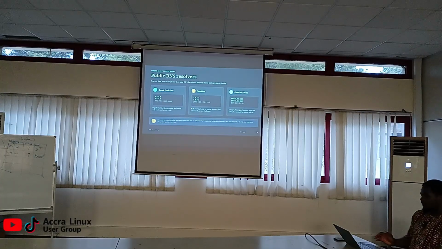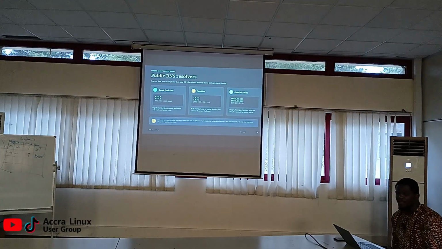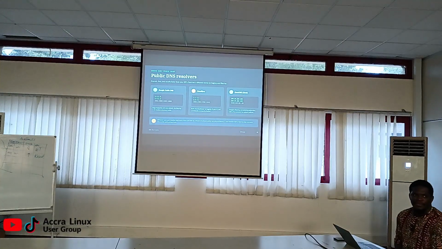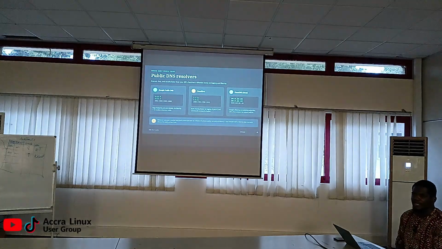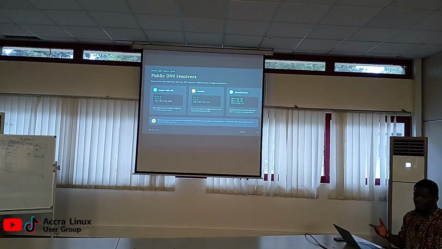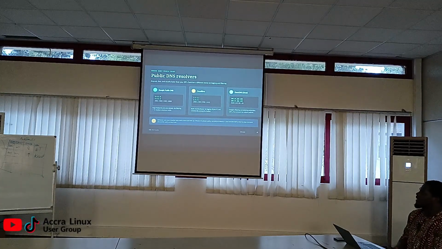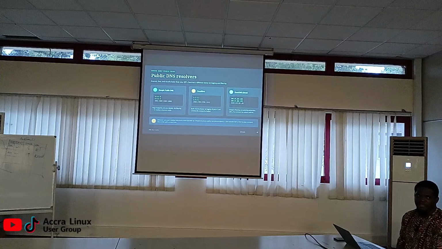And so now we've talked about records, we talk about the public DNS resolvers. So we have DNS resolvers globally, they are public ones, and each ISP actually has their own as well. Just like I showed initially, the one resolved by the Telecel one on my phone. Google has a public DNS that anyone could query, you get the IP address for any of the domains you're looking for. And then there's also Cloudflare, who provides built-in privacy to say they don't log your IPs or any